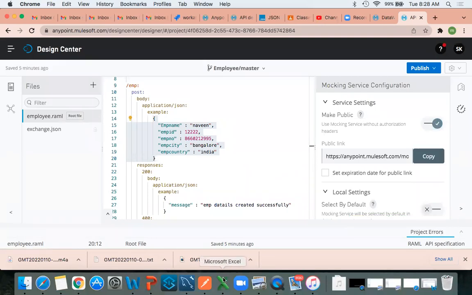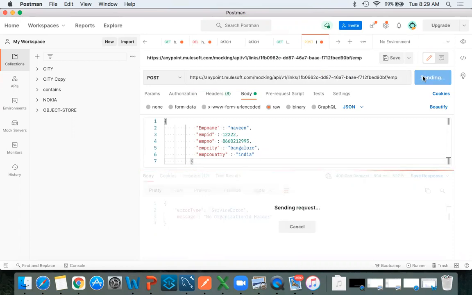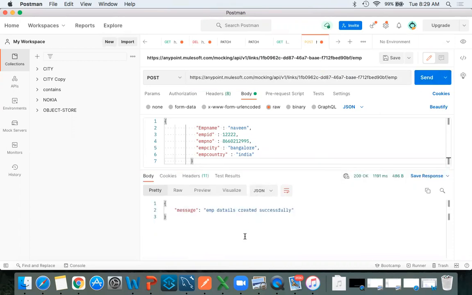Copy this, come back here, and post here. And then what is the resource path? /employee. That's it. Now click on the send button. So you got 200 success. You can see the message: employee details are created successfully.